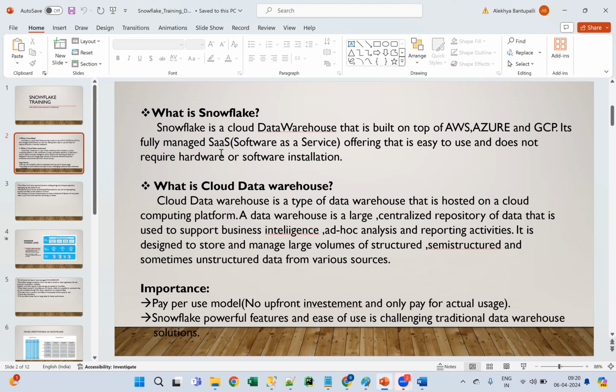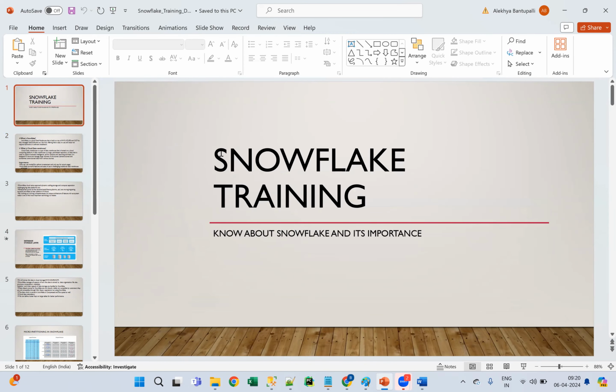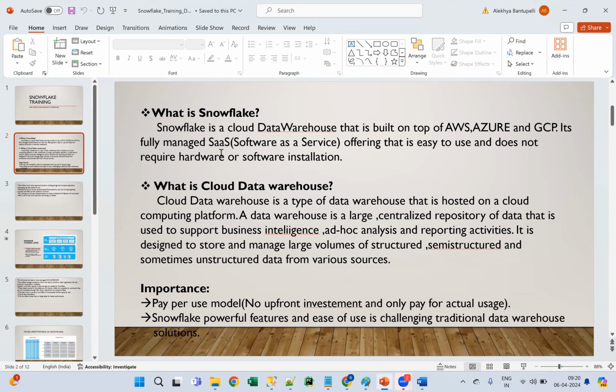There are a lot of things in Snowflake when compared to the normal traditional databases like Oracle and MySQL. There are a lot of differences and a lot of benefits, basically. So that's why nowadays each and every company or organization is moving to cloud, and particularly I can say proudly they are moving to Snowflake. And I'm going to tell you why they are particularly going for Snowflake, even though they have AWS and Azure as well. When compared to those, Snowflake is, performance wise and features wise, very, very good in all ways, basically.